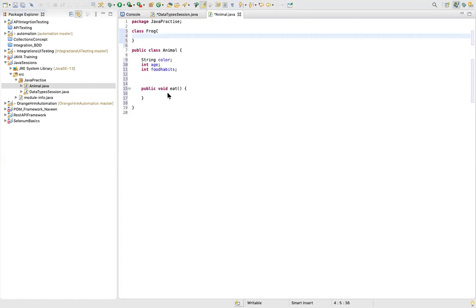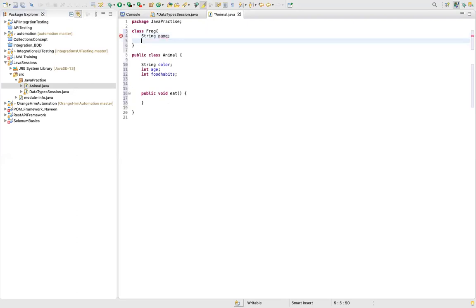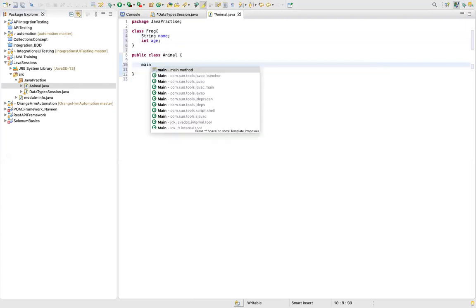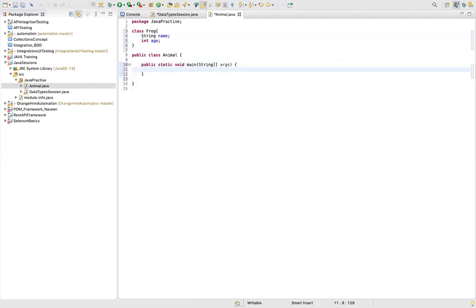So now say I have already created one class. Let's say here I will say there is a name of this particular frog. Just imagine the name, and I can say age. So we have a name and we have an age. Let's remove this stuff. We can now have two classes. Main method shortcut, everyone knows by now how to write the main method. Now we have seen these classes. How do you create an object, and what exactly is an object?